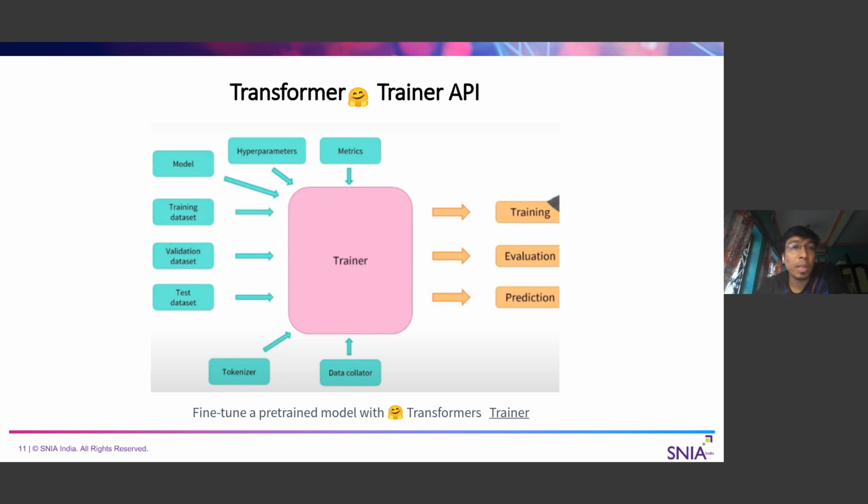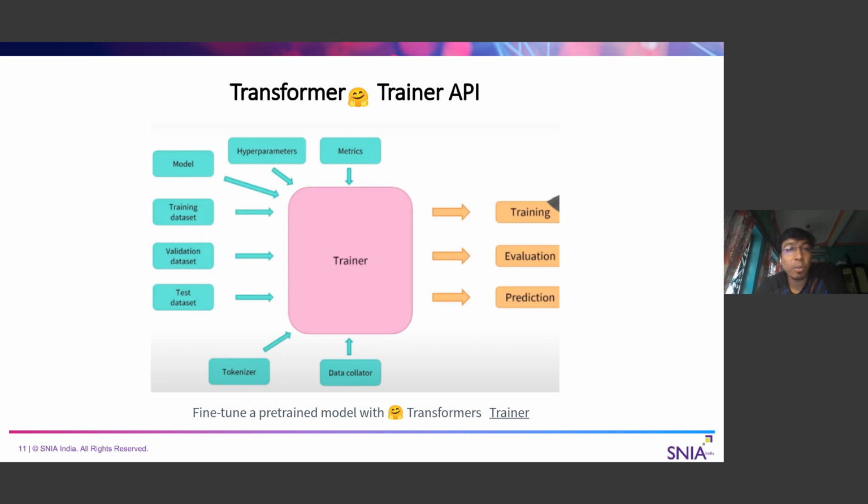Okay, so there is a Trainer class, and within the Trainer class, we can pass different parameters. We'll explain all these things later. We'll understand this better later. But on a high level, what this Trainer class does, we can pass multiple parameters to it. Like the evaluation metric, what the hyperparameters are, how you want to tune them, what model we are going to use, or our training data set, obviously training, validation, test data set, what tokenizer we're going to use to tokenize the data, right?